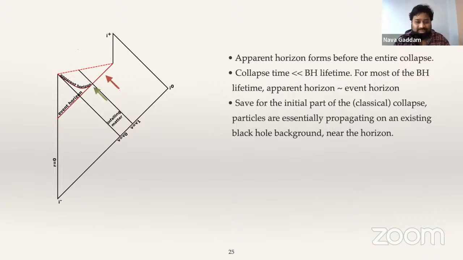The ambitious logic I'm trying to propose here is that thinking of these red particles scattering in the presence of an already existing black hole is going to teach me at least something about the last parts of the collapse, where the black hole itself is not very dynamically changing, and most of it is sort of formed. So now what I mean by small impact parameters is